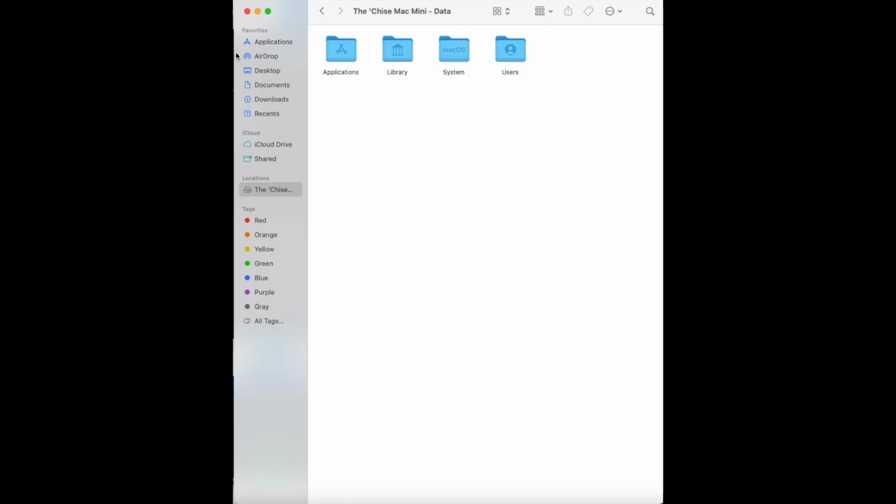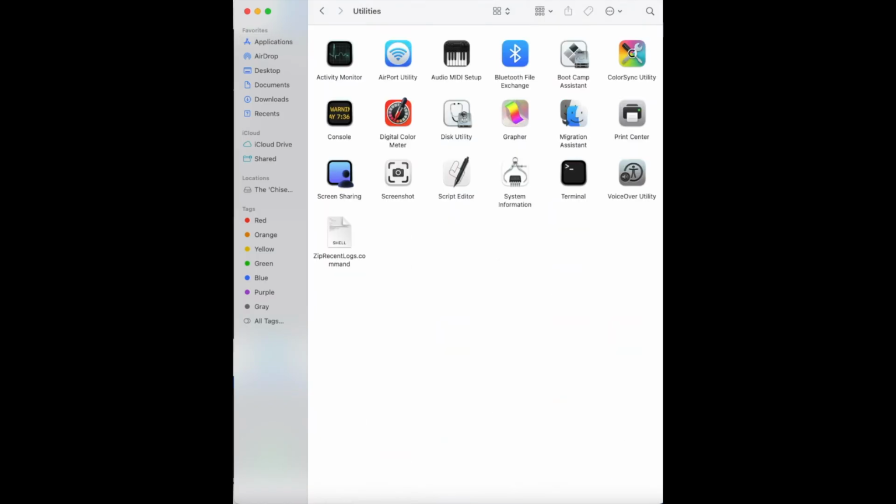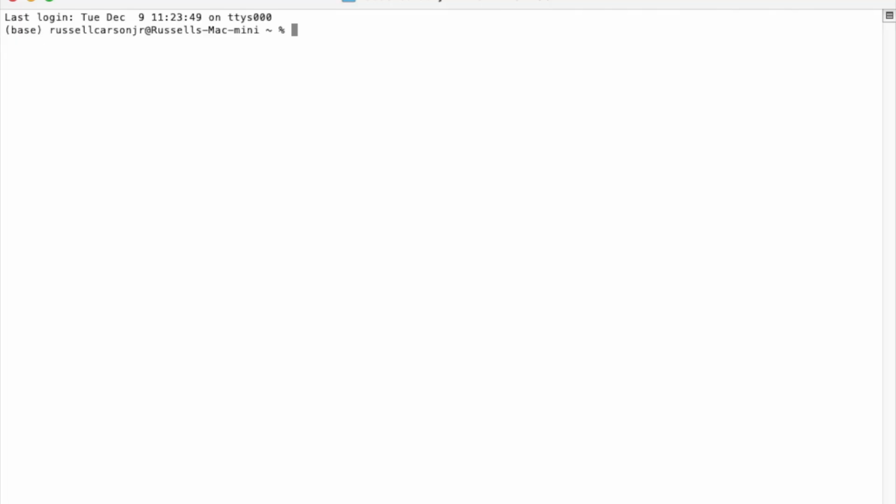You can download macOS Sequoia with your terminal using the command softwareupdate. Open your Finder window and click on Applications. At the bottom of the Applications window, you'll find the Utilities folder. Double-click. Now double-click on the terminal icon. At the terminal prompt, type softwareupdate space